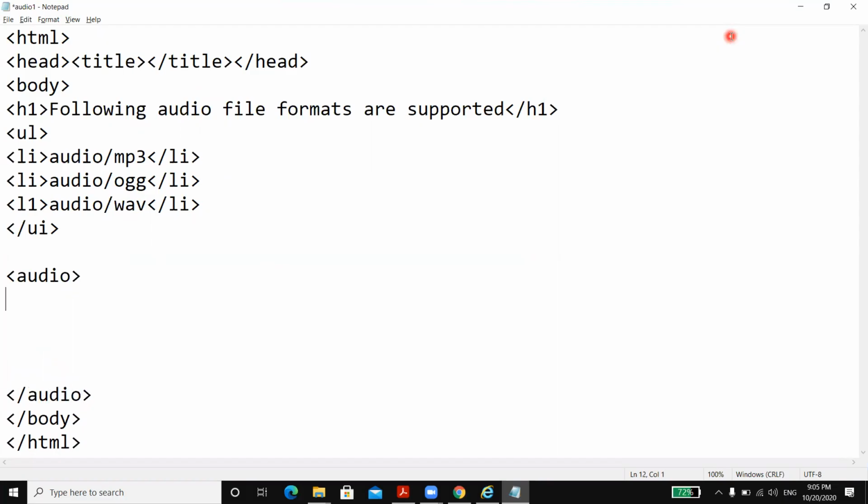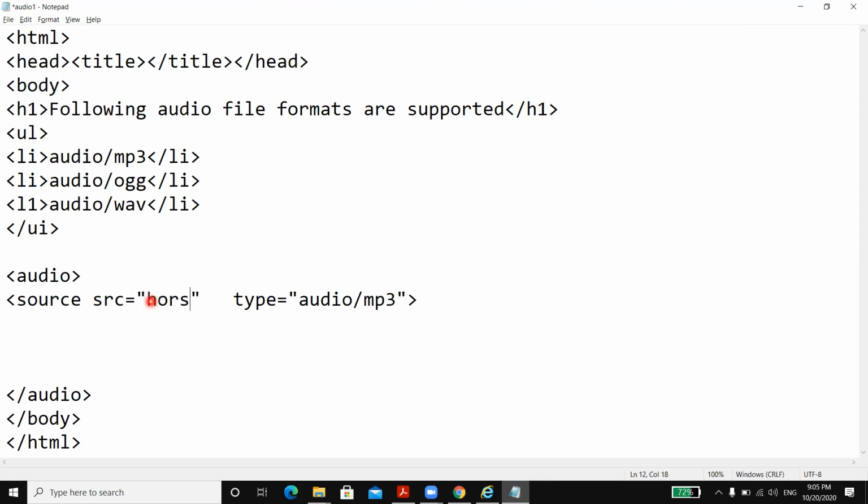And here we can write source. Then you have to write src equal to, and the type equal to, not outside. Write here audio and the extension, like mp3 you are using, so write mp3.